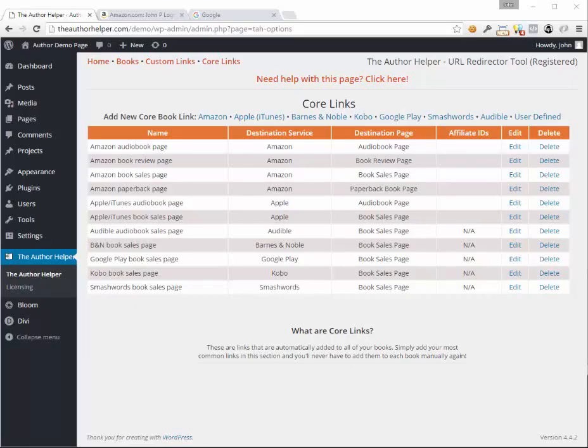Core links are probably the coolest bit of the entire system. Essentially, what this allows us to do is add, edit, delete a bunch of different links that we use every single time we launch a book. So your list may be different than my list, for example, but what we set up as our default links is essentially every type of link that we offer you right off the bat, except for obviously user-defined, because that's user-defined. But things such as your Amazon audiobook page, your Amazon book review page, book sales page, and so on